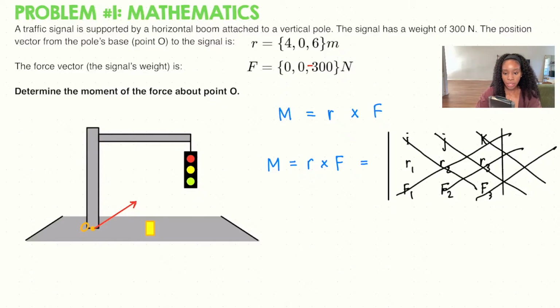I'm going to close the parentheses, hit enter, and the result of the cross product is going to be another vector. Because if you all remember from statics, if you have two vectors on a certain plane, the cross product is actually going to be a vector that's perpendicular to that plane. So we have a vector of 0, 1200, 0. So this 1200 is going to be the moment of the force about 0.0. So our answer is going to be